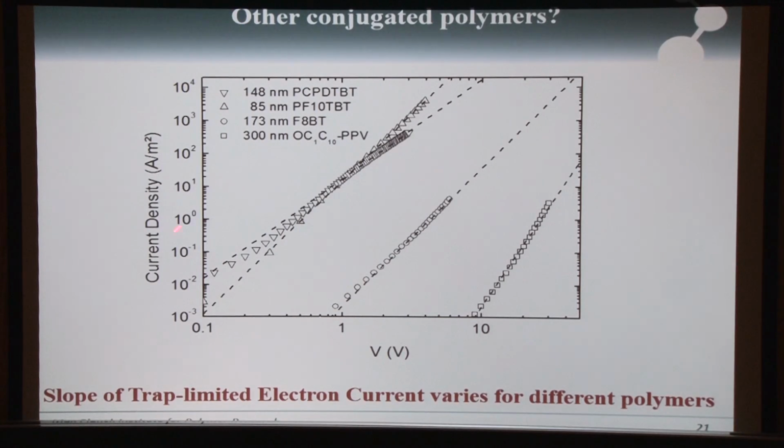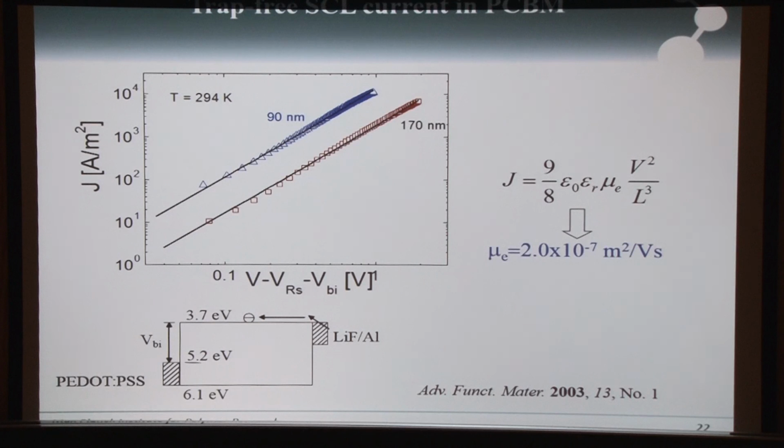And here you just see some IV curves of electron currents of these polymers, with different thicknesses, so you cannot completely compare the magnitude. But what you can look at is the slope. And you see this is the PPV that has a slope of 6. This one is less steep, this one is less steep. And of course, what we then did as a next step is we also looked at the transport